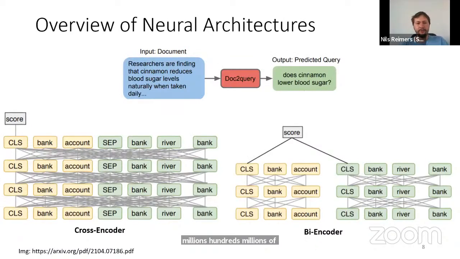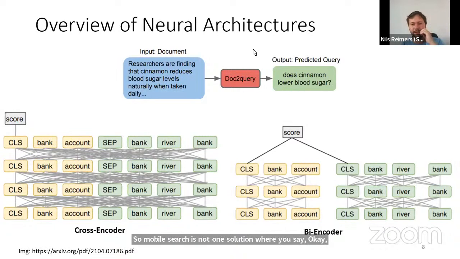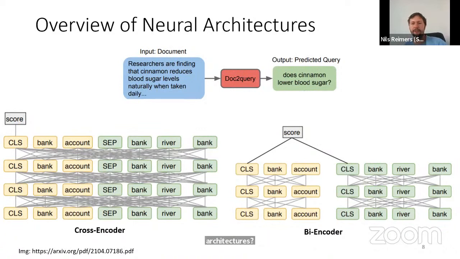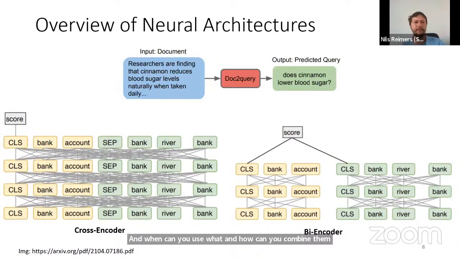So today I want to talk about different architectures. Neural search is not one solution that you can always use or which always fits. In fact, there are many different architectures for how you can use transformer networks to improve search results. It's quite interesting to know the pros and cons of these different architectures, when you can use what, and how you can combine them to get the best of every possible